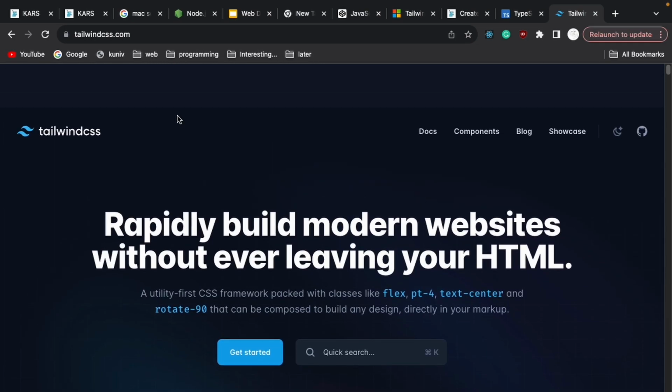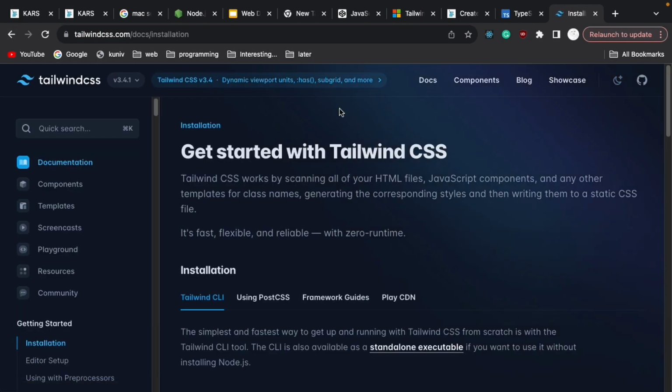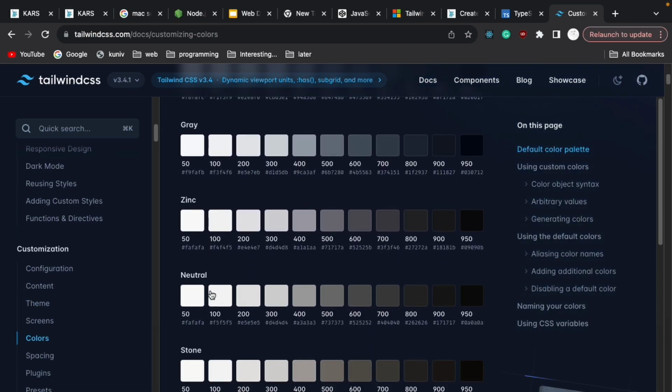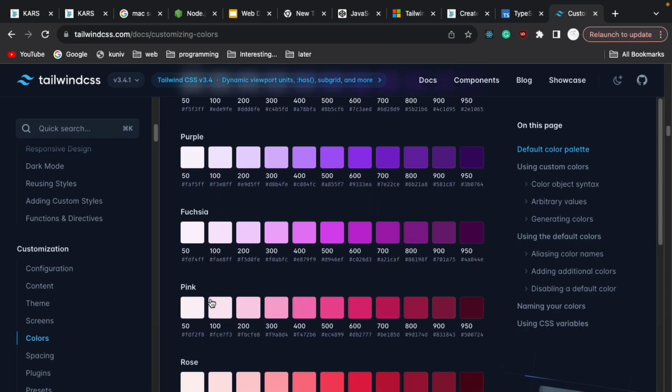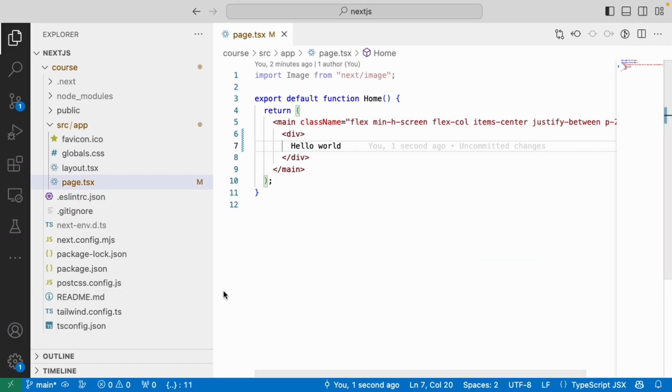Let me go to the documentation, components. Okay. Here they give you lists of colors they have built in. They are designers, they should know what they're doing. There is more than one tool, but right now Tailwind is the most popular one. I think it's made by Facebook if I'm not mistaken. Okay. So Tailwind